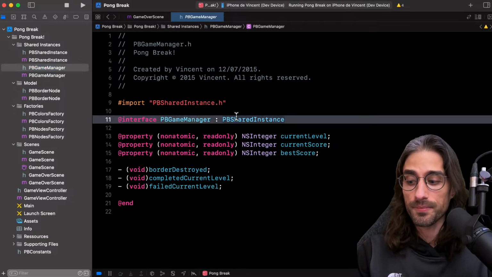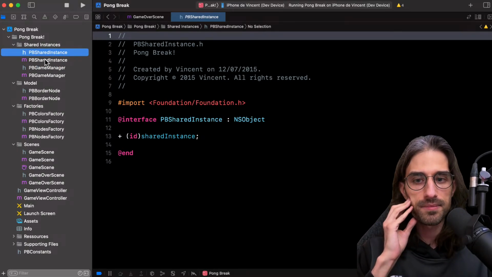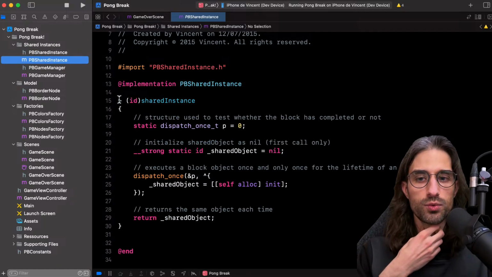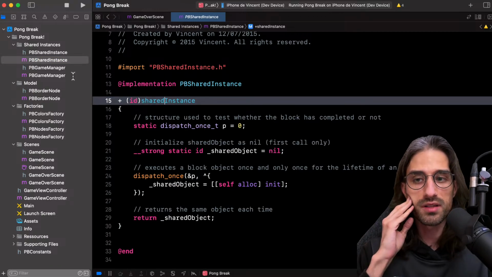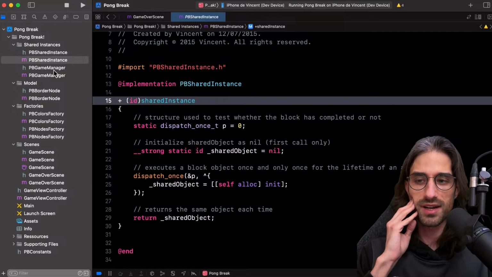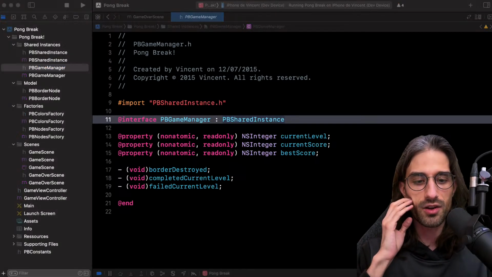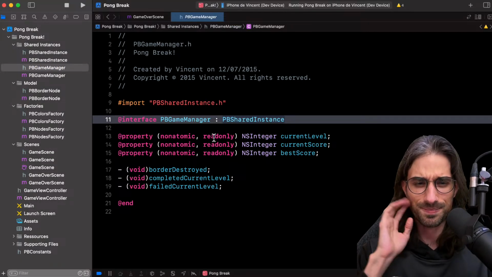Oh, it's a subclass. It's a subclass of the other. Yeah. Back then there was this idea that sometimes you should abstract your code into a superclass. So I guess I wanted to abstract this code right here to create the shared instance and create it only once. And I created a superclass for this. Needless to say, superclasses are much less fashionable these days for iOS apps.